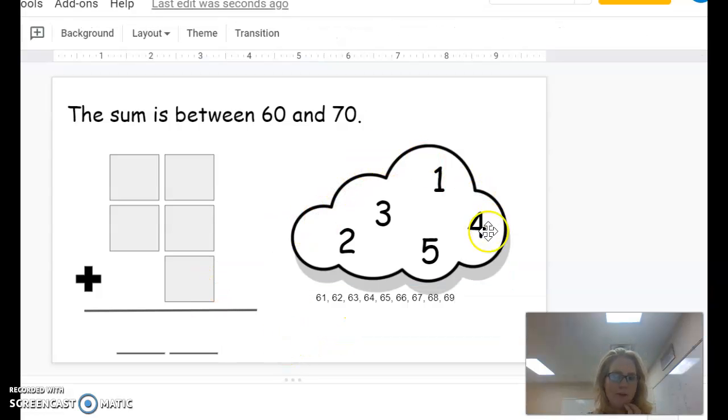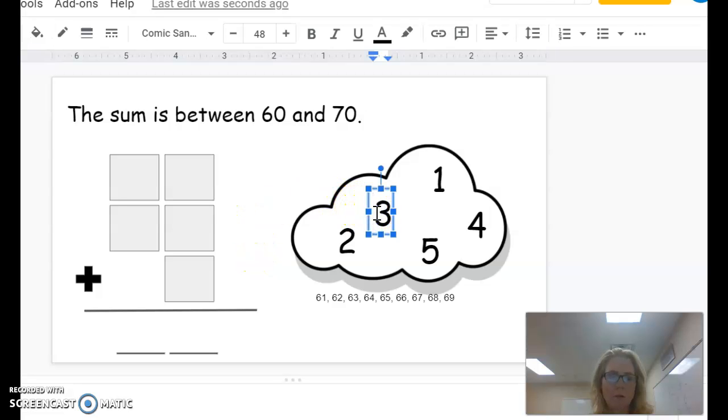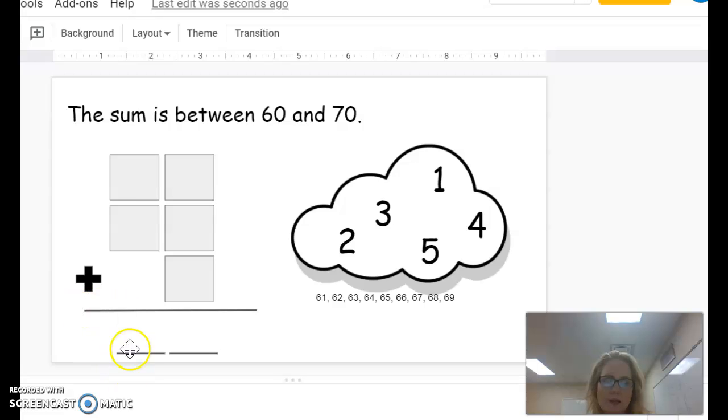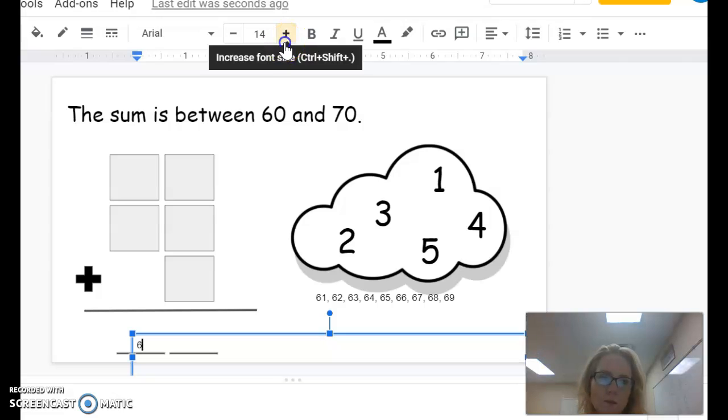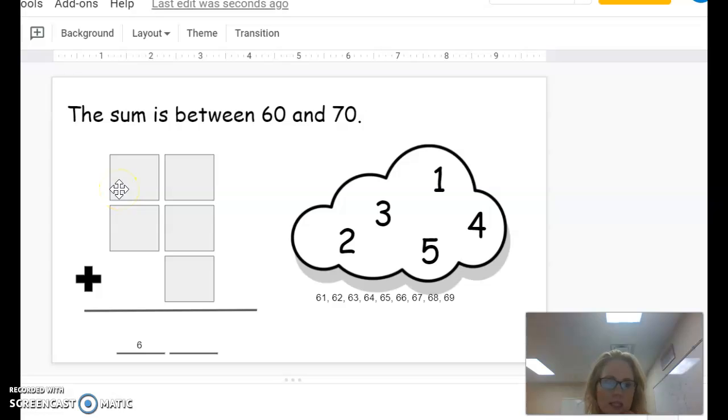So we have to try and figure out how to take these numbers and create that right here. So we know that this right here needs to be a 6, right? Because these are all in the tens, there's a 6. So we're going to put a 6 right there, okay? I'm going to make it a little bigger. Now, in order to get a 6,